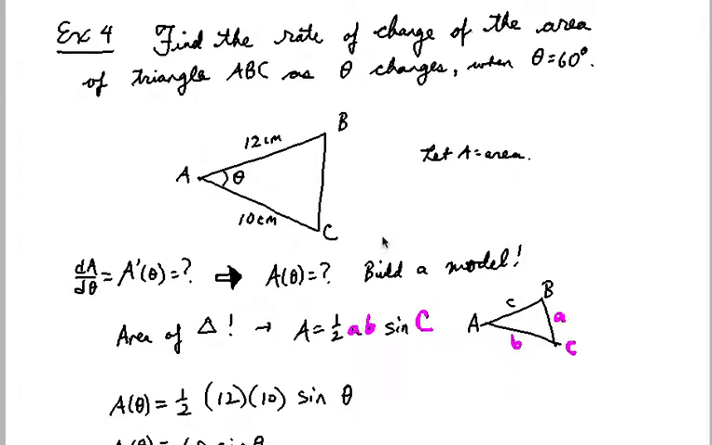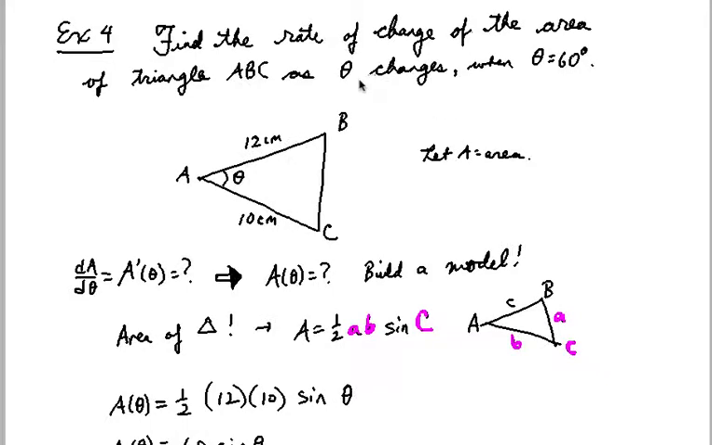Okay, find the rate of change of the area of triangle ABC as theta changes. So what is the rate of change of A, the area, with respect to theta when theta is 60? So I'm looking for the derivative really at a single point when theta is 60 degrees. Okay, so I need to somehow find the area of this triangle,